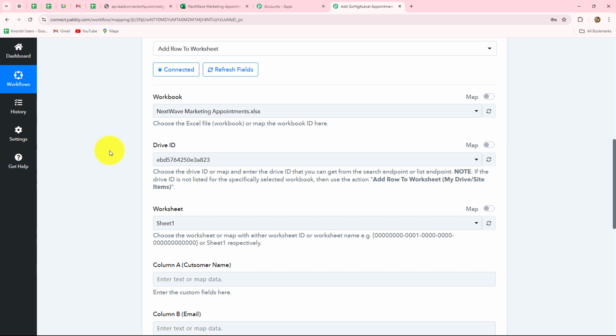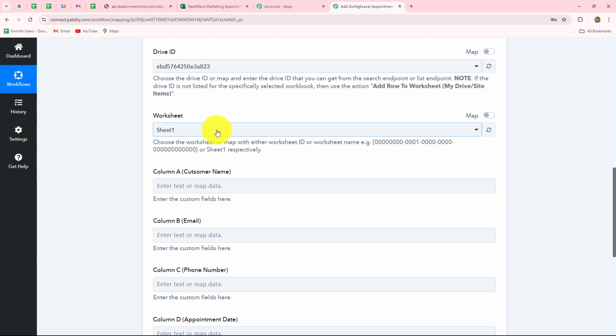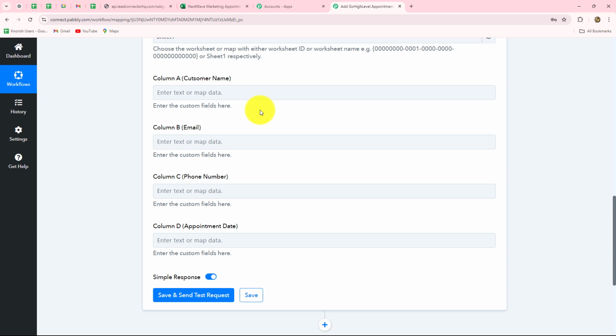After selecting the name of the workbook, you can see the drive ID is also selected. So we'll move forward. Here the worksheet is also selected because I only have one sheet over here. Then we have to enter the details to be added in our Excel sheet: the customer name, email address, phone number, and appointment date. All these details are already received in our earlier response, and also we have changed the